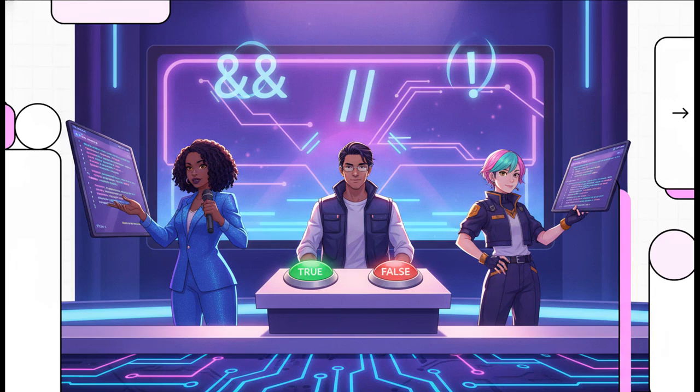Welcome to the Explainer. So, today we are doing something a bit different and honestly, a lot of fun. The source material actually frames this JavaScript code analysis as an interactive game show. We're going to put your logic skills to the test, specifically zeroing in on logical operators with a rapid-fire game